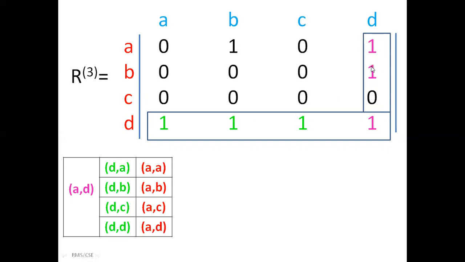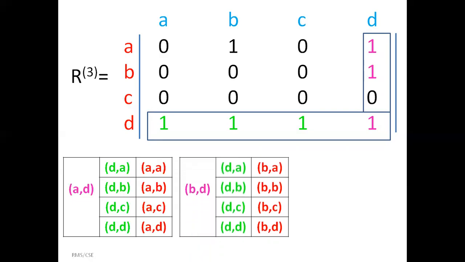But now again go to the 4th column. Here I have one more 1 in the 4th column. What is the position of this 1? It is B comma D. So I get again B comma D. Now combine B comma D with the ones available in the 4th row. There are 4 ones in the 4th row. Again, combining BD with these four, DA, DB, DC, DD, I get the transitive edges B to A, B to B, B to C, B to D. Here the intermediate vertex is again D.